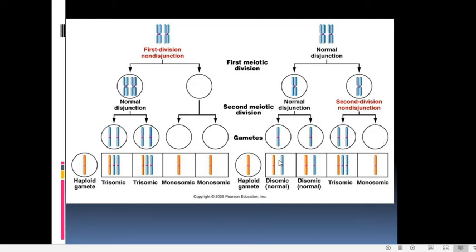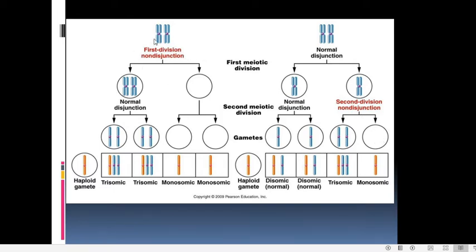Now when they undergo fertilization, so fertilization by a normal gamete is shown here. You will get a normal organism. Here also you will get a normal disomic organism, whereas here you can see one chromosome is extra. So the zygote will be showing trisomy for this particular chromosome. Now when it comes to this case, this organism will be showing monosomy because only one chromosome has been contributed to its cell through this gamete, whereas the other gamete didn't contribute any chromosome. That means any chromatid of this particular chromosome, whereas the other chromosomes will be there.